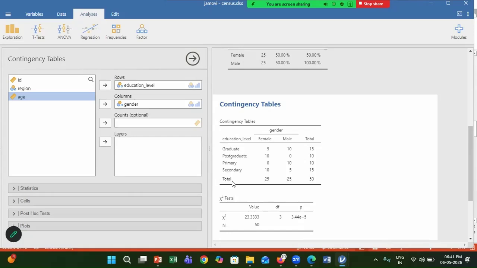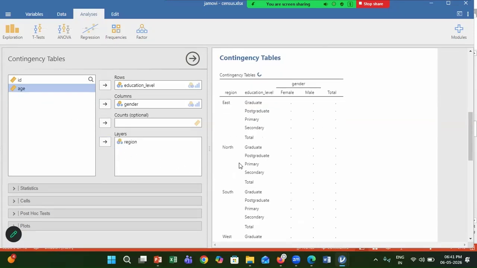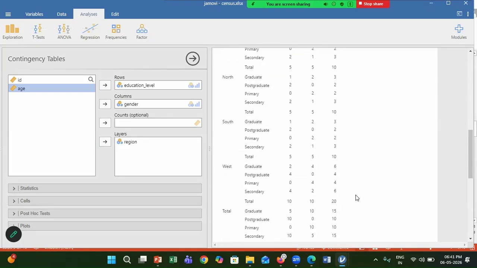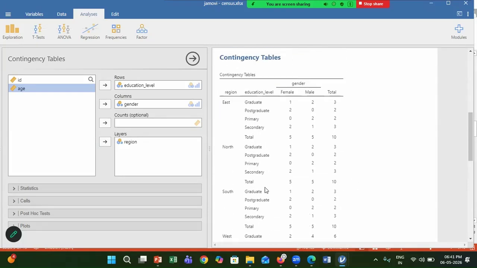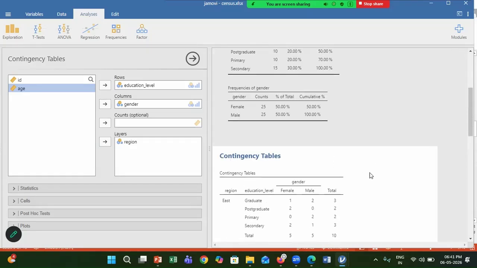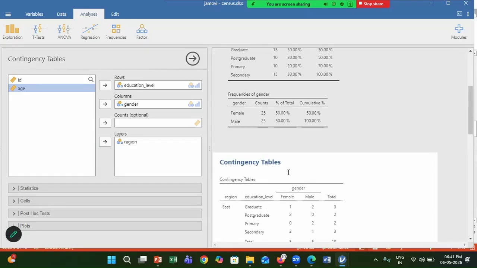If I want to make n-fold frequency table, then I can put many variables in the layers. This is the three-fold contingency table that has appeared, or three-way classification. Similarly, you can make n-fold classification tables by moving as many variables as possible in the layers.